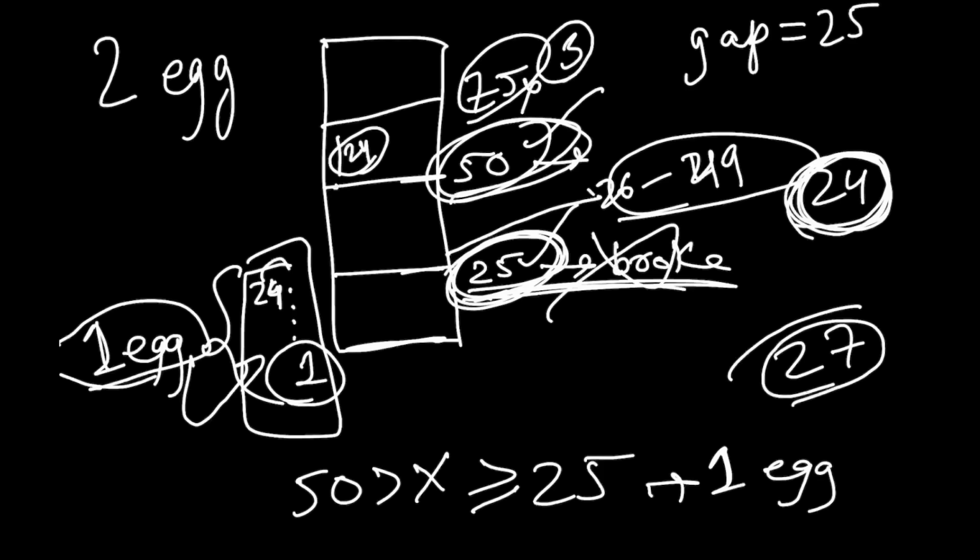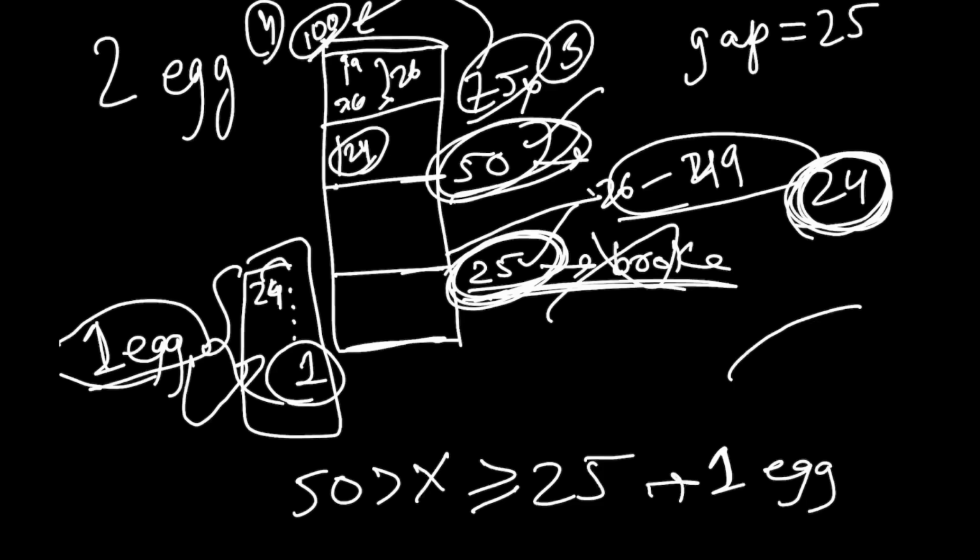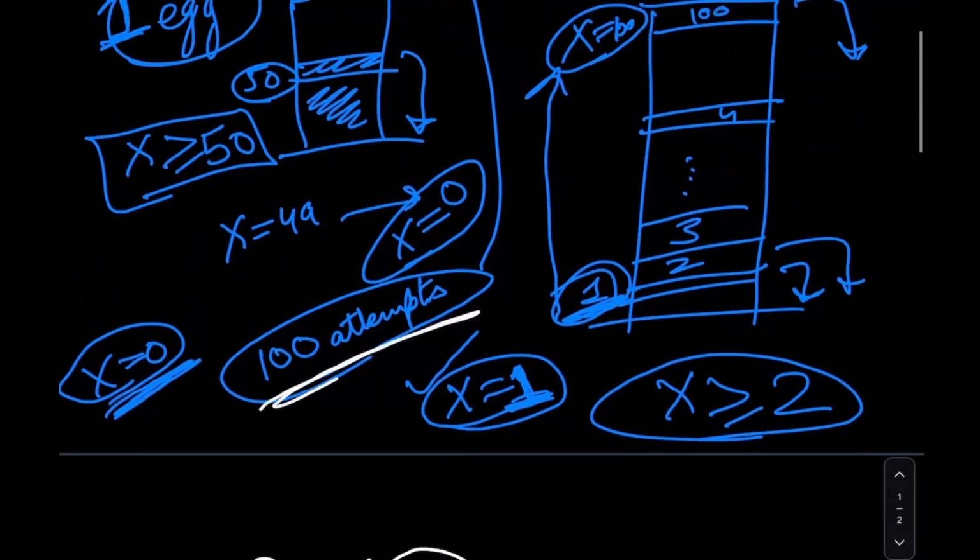And let's say it didn't break on 75. Well, we already know that 100 is the maximum value, so we'll go all the way up to 100. That would be our fourth attempt. And then we'll go from 76 all the way up to 99. So that's 4 plus 26. So that's 30. So we managed to reduce the number of attempts from 100 attempts in the case where there's only one egg